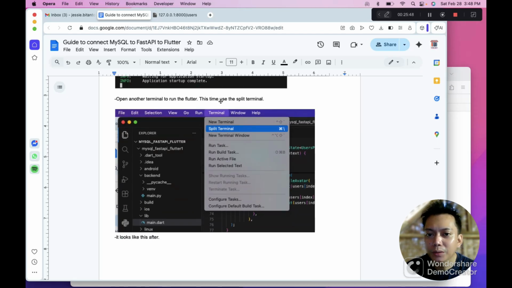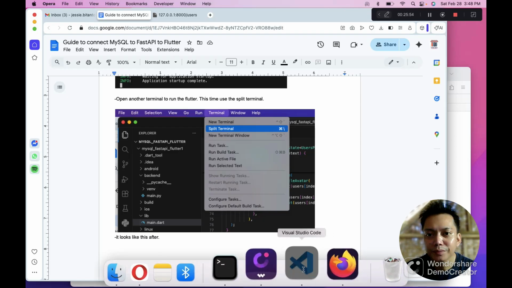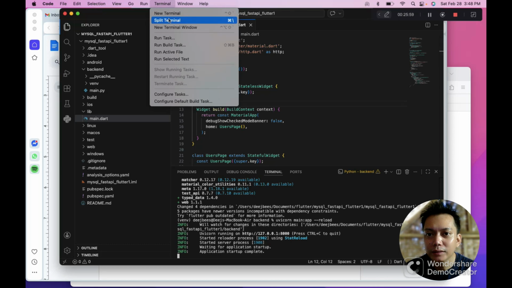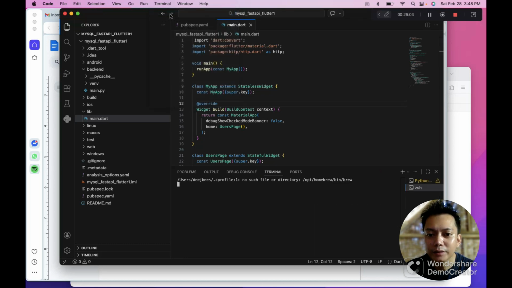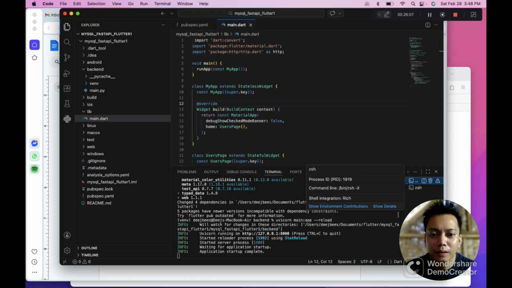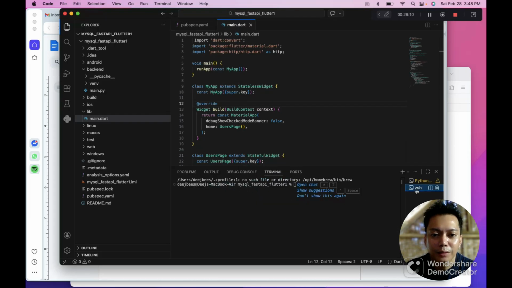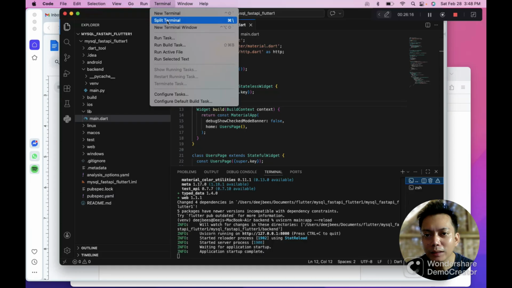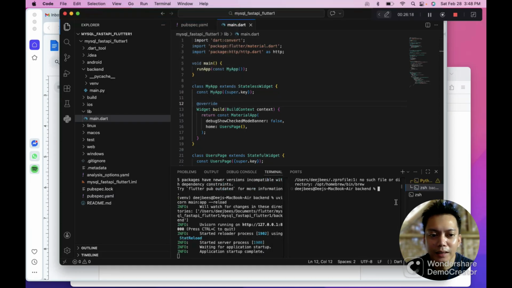Then open another terminal to run Flutter. This time use the split terminal. So here it says new terminal, split there, or new terminal there. Oh, so here we have the old terminal, then the new terminal. But in this case, we're going to use split there. Okay.